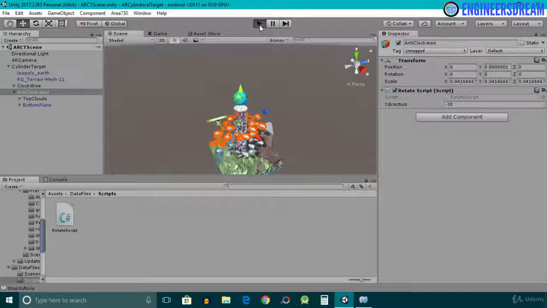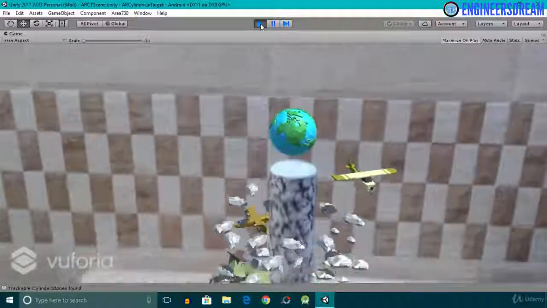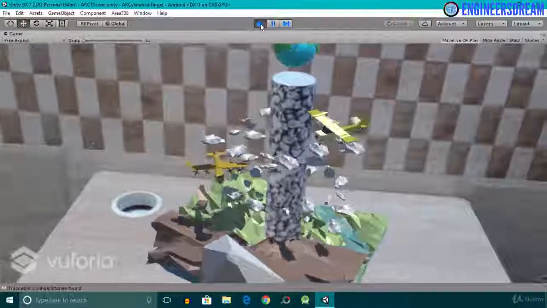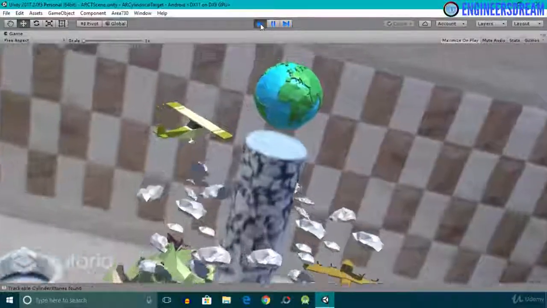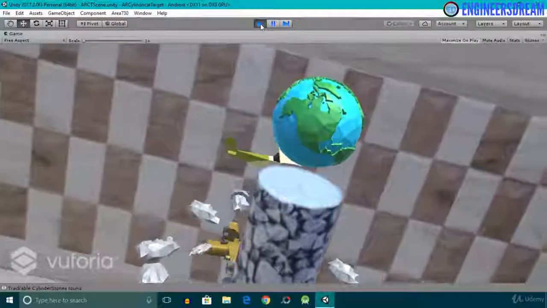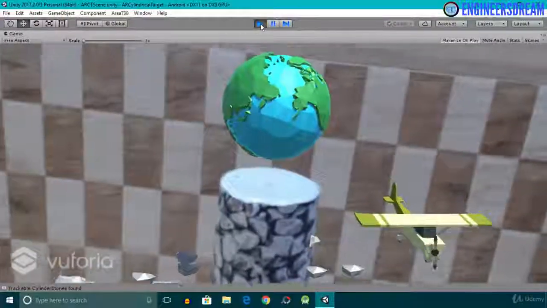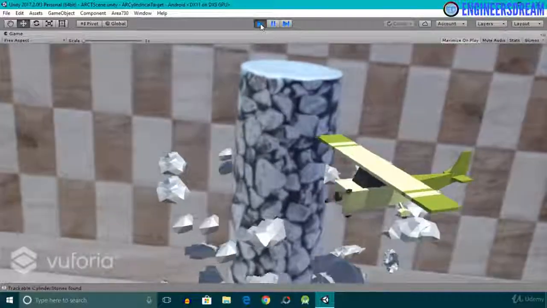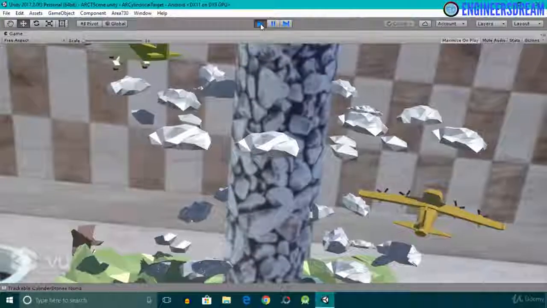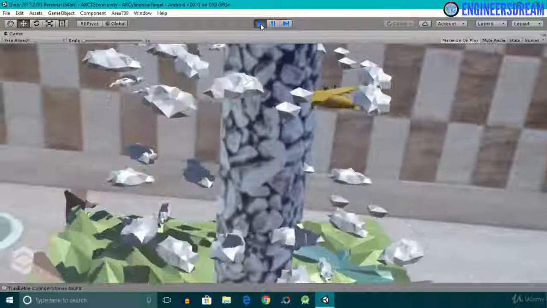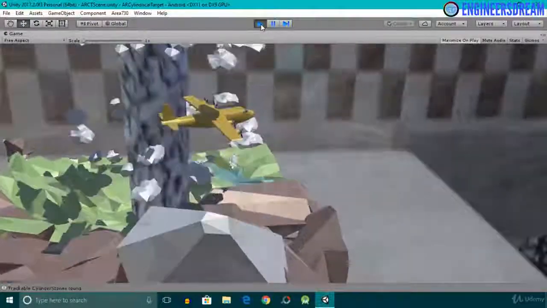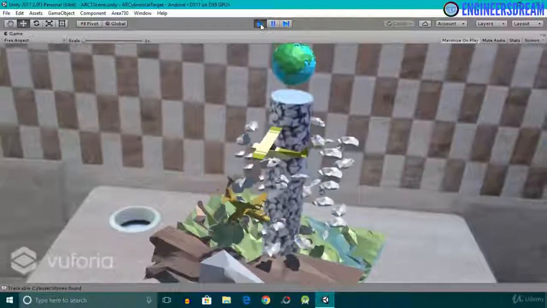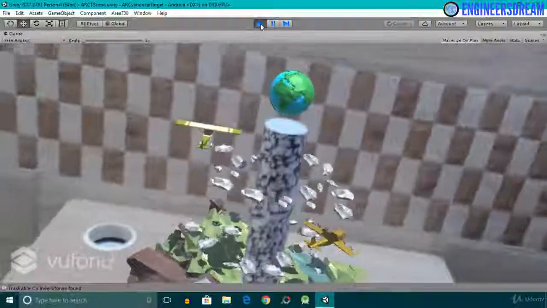I'll save my scene and next I'll click on the play button. And now as you can see, the top clouds and the bottom plane are moving in anti-clockwise direction. So to conclude, the earth is moving in anti-clockwise direction, the top plane is moving in clockwise direction, the top clouds are moving in anti-clockwise direction, and the bottom plane is also moving in anti-clockwise direction. Below the bottom plane we have the bottom clouds. The bottom clouds are moving in clockwise direction and at the bottom we have this terrain asset. So to conclude, the earth, plane and the cloud game objects are properly rotating around the cylinder target.